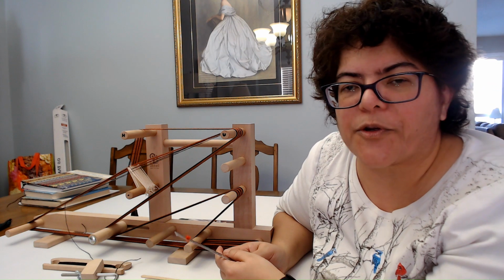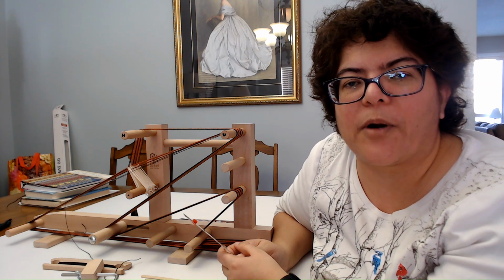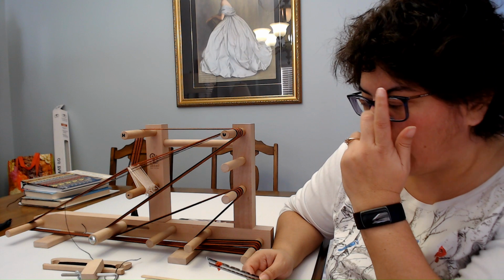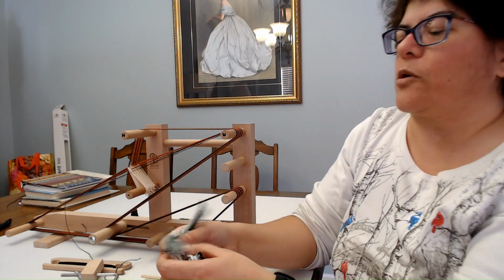Again, you should be able to see that with your own eyes, but before it starts to get really obvious, you want to be able to pick up on it and find out, am I pulling things too tight? Am I not pulling things tight enough? Okay? So, basically, I'm going to show you, this is what I did on my actual course,